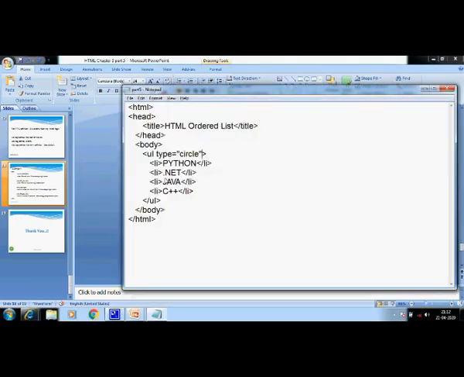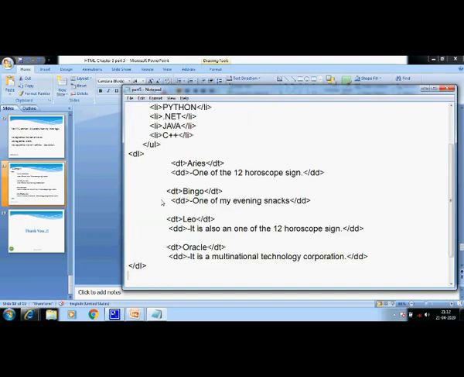Okay. So students, I'll paste this in that previous file of mine. Control V. I have written over here Aries, it is the 12th horoscope sign. Bingo, one of the evening snacks. Leo, again it's the 12th horoscope sign. Oracle, it's a multinational technology corporation. So let's save it,